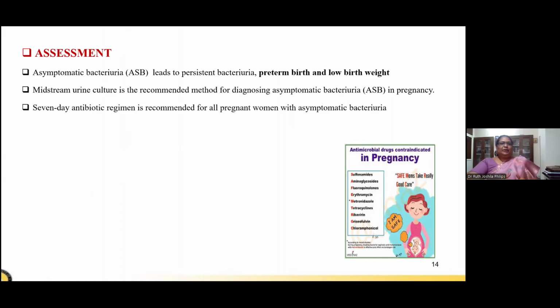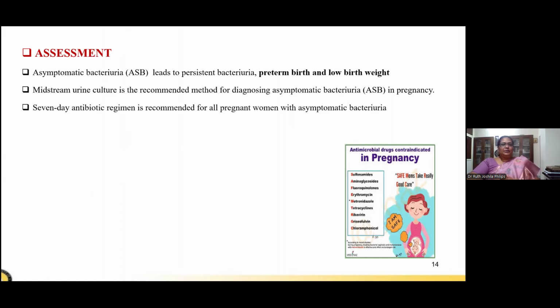I want to specifically bring to your notice asymptomatic bacteriuria. This is not very well understood or recognized, but asymptomatic bacteriuria is persistent in many of our women. The bacteriuria is so much into the body that they do not have any signs and symptoms. They don't suffer from any clinical signs and symptoms of having bacteriuria. But when tested with culture and sensitivity, you do find bacteria in it,